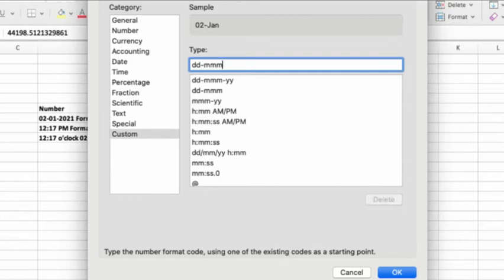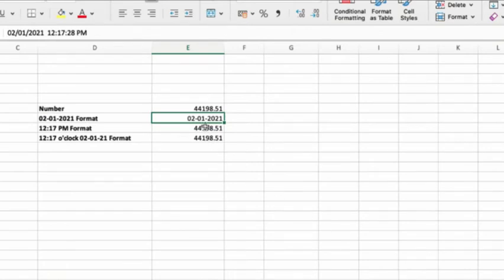If I give 3 M's, it changes to the text form, and if I give 4 M's, it changes to the full text form. Since we just want 2 digits of the month in terms of number, I will give it as MM. And then finally, I need 4 digits of the year, so YY 4 times, and then click OK. As you can see, the format has been changed to 02/01/2021.